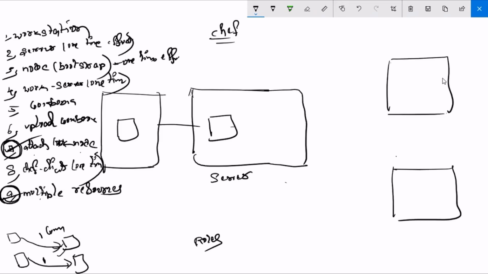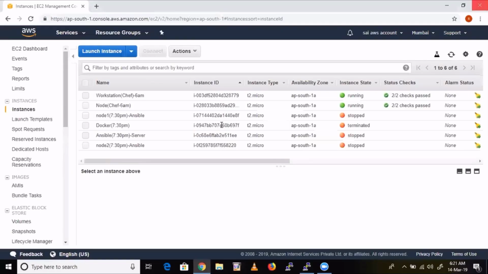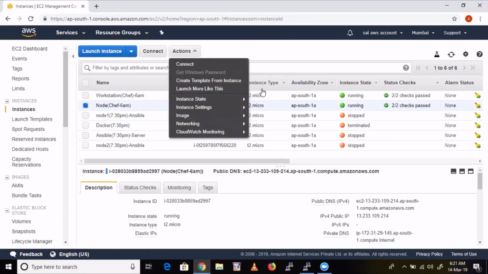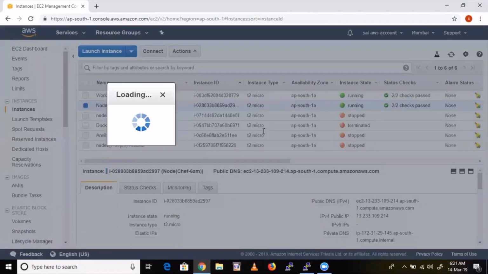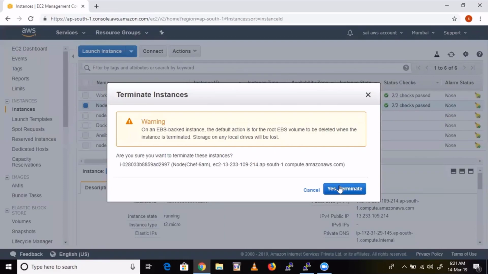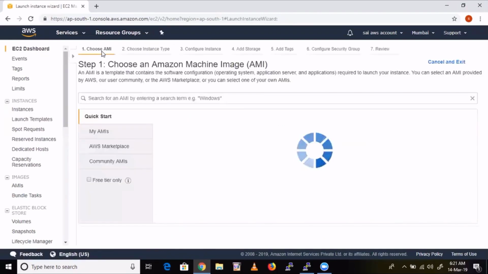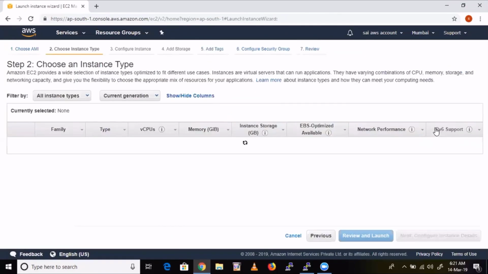So first, let me delete the existing node, and let me launch two fresh nodes. I'll show this again from scratch. So let me terminate this one.